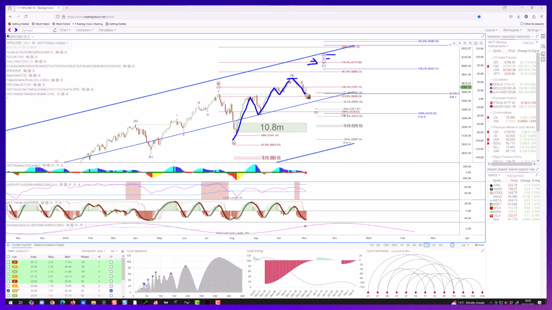We've pushed down and now we're getting a bounce. I think this bounce is corrective and we may well go higher, but I'm looking for this here. The pivot is 5,090. Providing we remain above this wave 4 low here, then I would still expect to see, and ideally it's going to be an impulse structure up, another move up.